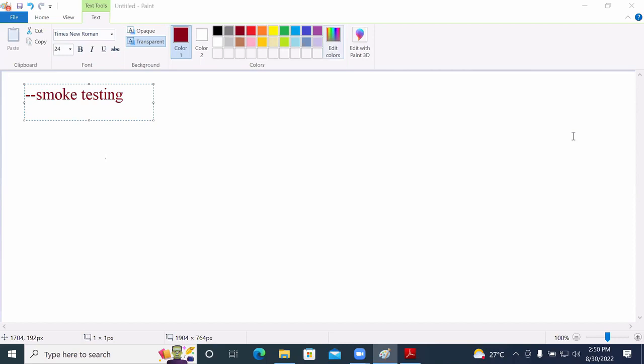We need to perform smoke testing whenever a new build has been released from the development team to the testing team.